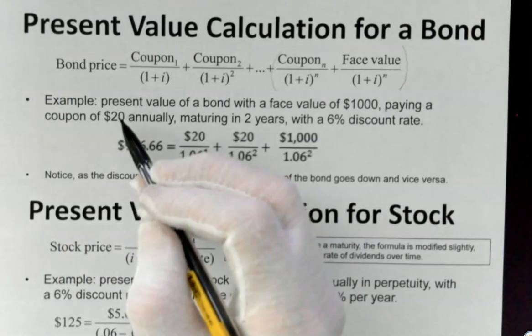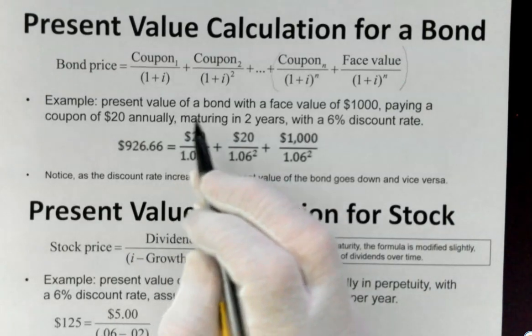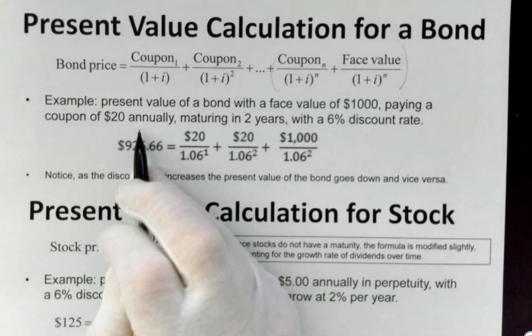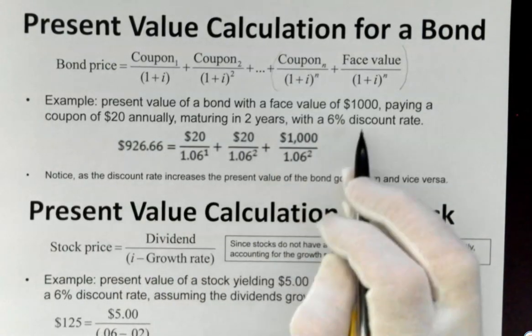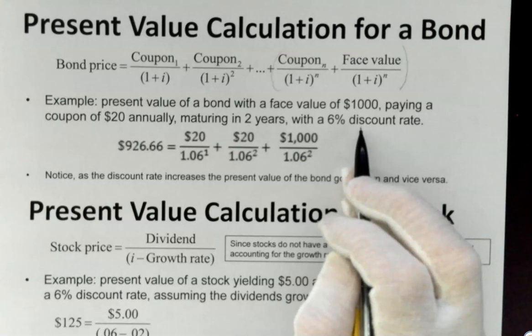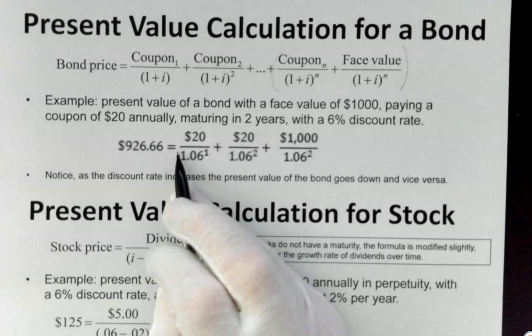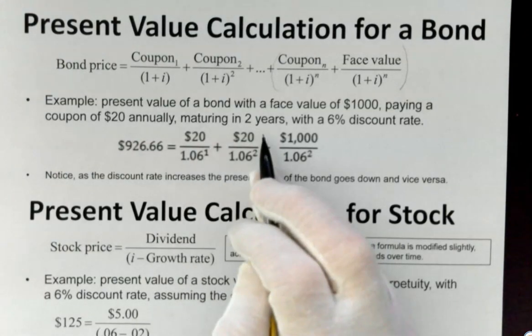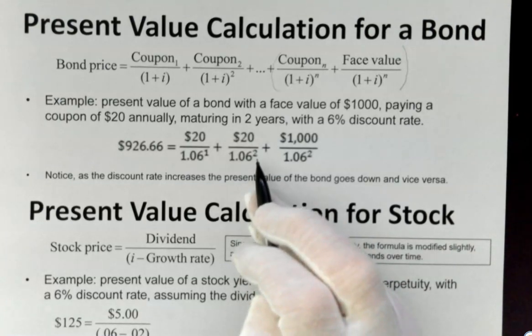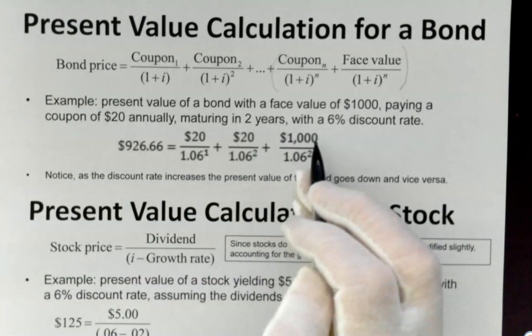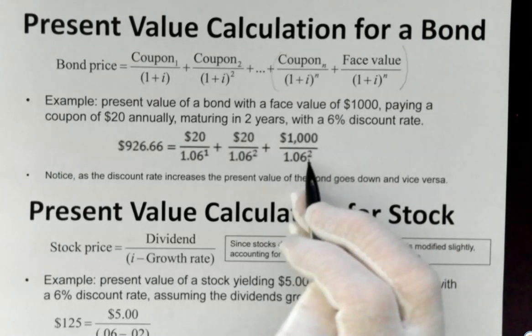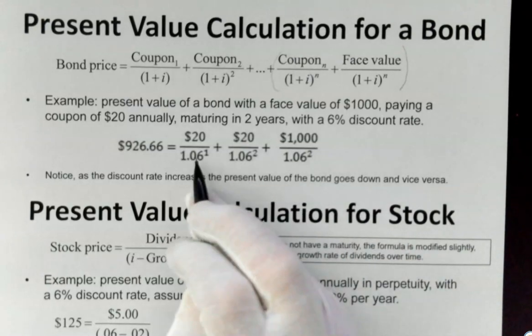Let's do an example. Let's say that we have a bond with a face value of 1,000, and it pays a coupon of 20 annually, and it matures in 2 years. And let's assume there's a 6% discount rate, which means interest rates are 6% in the economy. Simply plug in the info. We're going to get $20 the first year, discount that. We're going to get $20 the second year, discount that. And then, since this is a 2-year bond, we're also going to get that face value in the second year of 1,000, so you discount that. Then you add these up